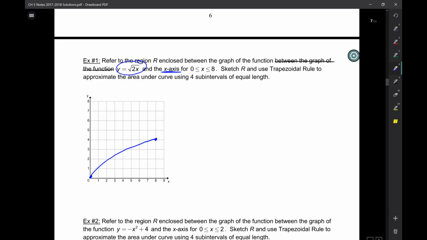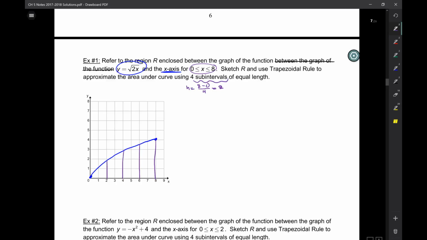Now it says sketch R and use trapezoidal rule to approximate the area under the curve using 4 subintervals of equal length. So how much is the height then? The height is going to be 8 minus 0, right? That's a distance of 8, divided by 4, so 2. Right. So now here's how it's going to look. So I'm going to go every 2 spaces